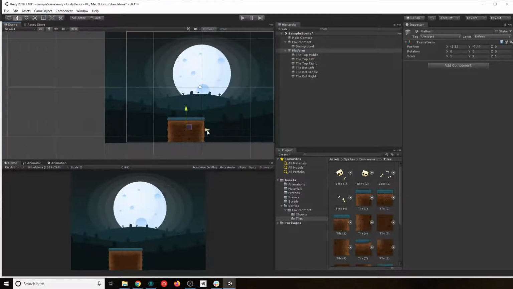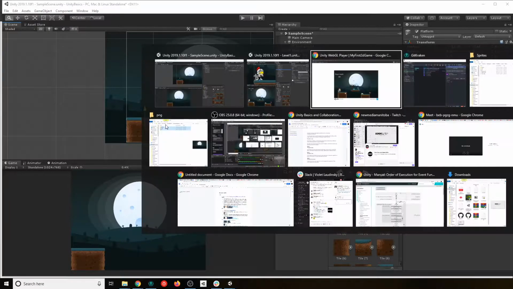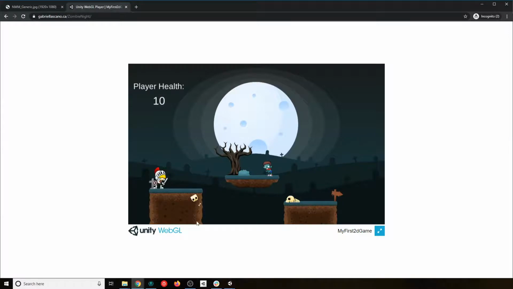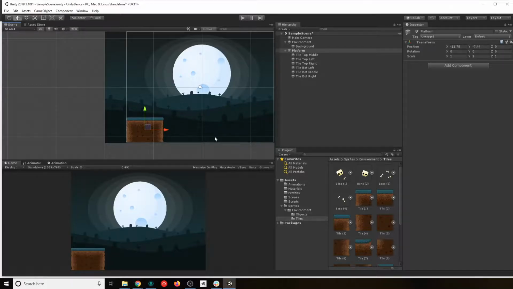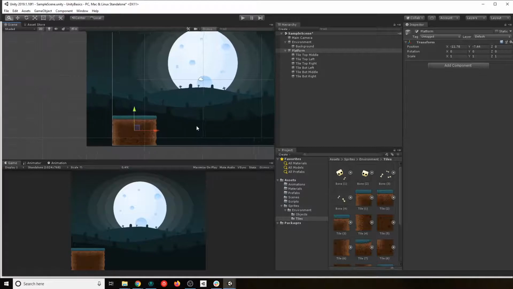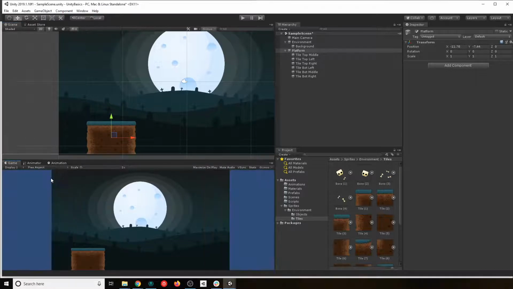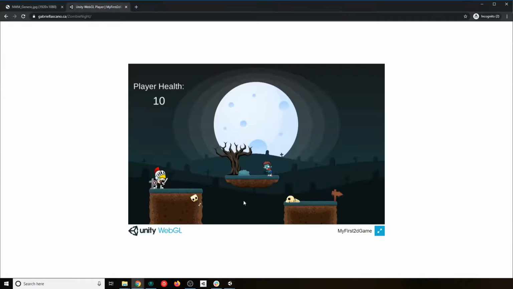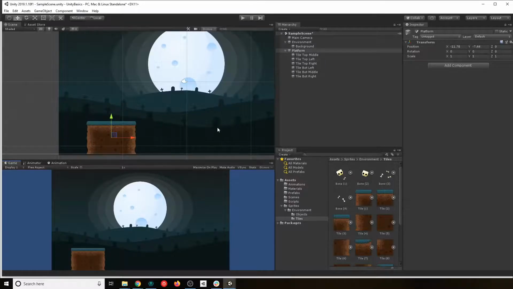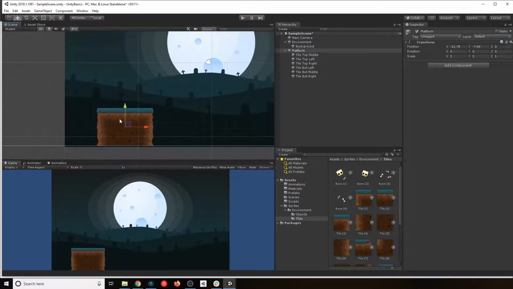Now we can move this down here, and if we check it out in our project, it looks pretty much the same, right? Yeah, same size. That's good enough. And yeah, that's pretty much a good size. Let's see. Here we can see the extra space that we'll have in our final game.